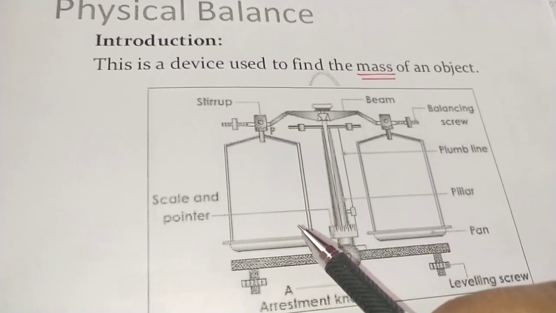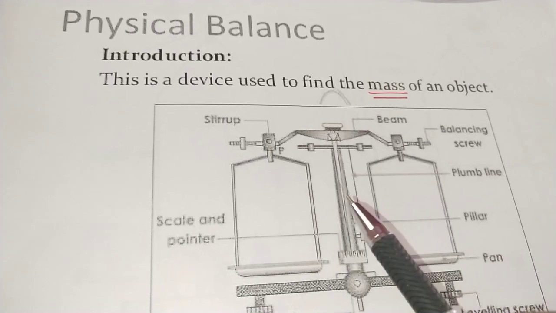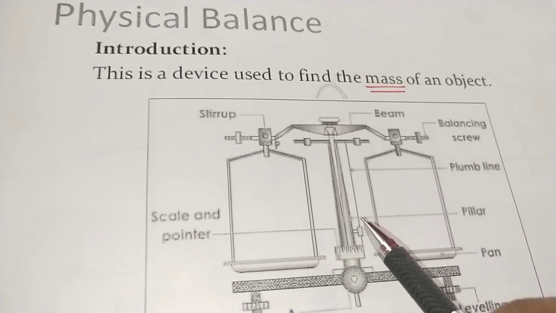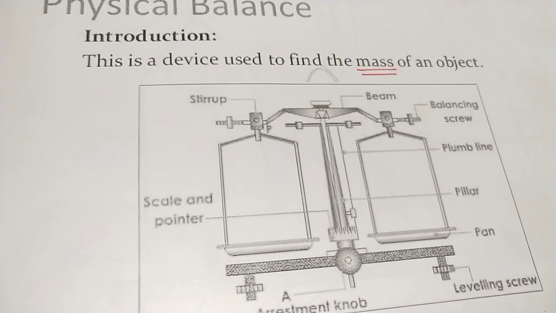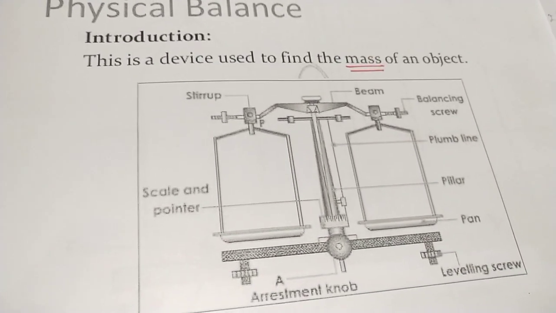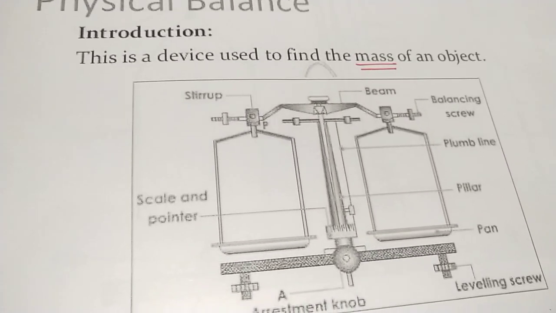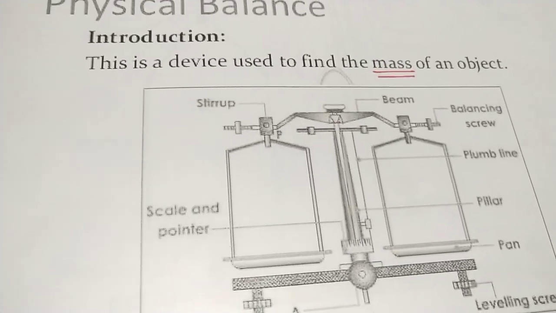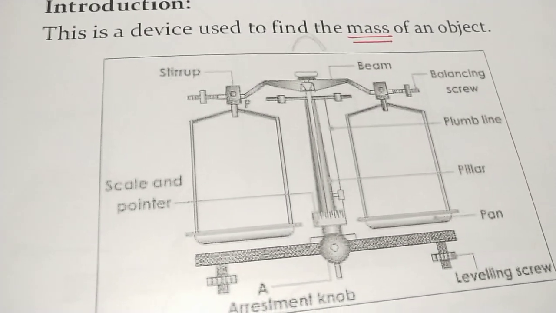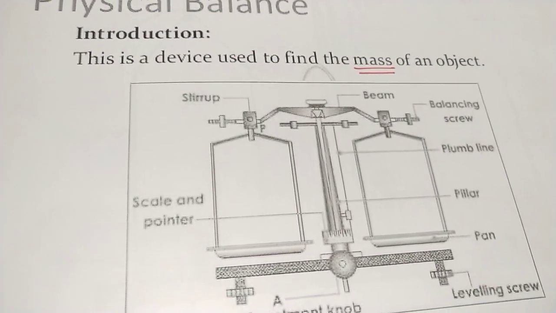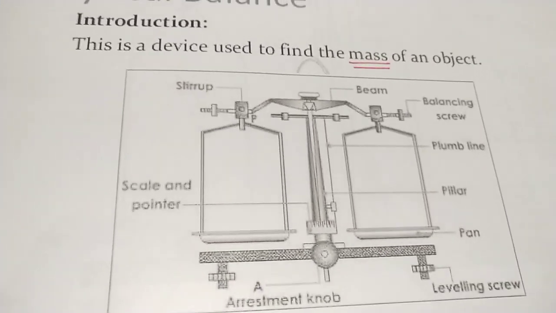So today we are going to discuss how to measure the mass of any object using a physical balance. This is normally used for masses which are of very low measurement, which we generally handle using forceps. I'm talking about those types of masses. For heavier weights, we have the beam balance, the spring balance and all these. But over here, for those small weights, we are going to use a physical balance. So let's see.